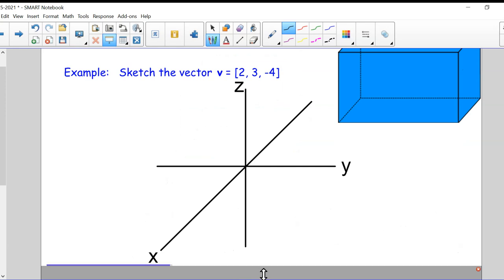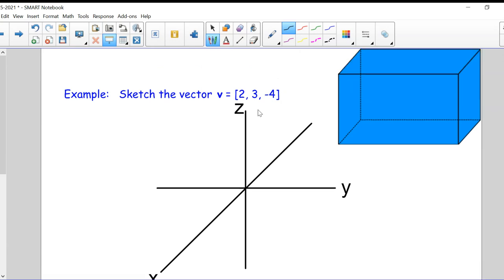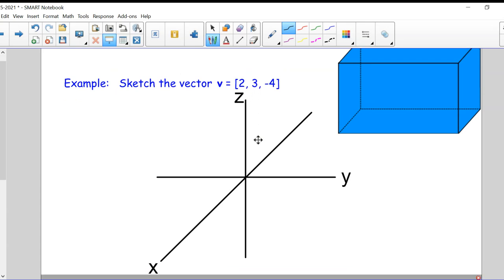Remember, let me bring this down some. Remember that the x-axis is the one that's coming out of the board, right? Going back, coming out of the board. The y-axis goes left to right. The z-axis goes from bottom to top. Okay, all right. So the point 2, 3, -4. So 2 along the x-axis, 3 along the y-axis, and -4 along the